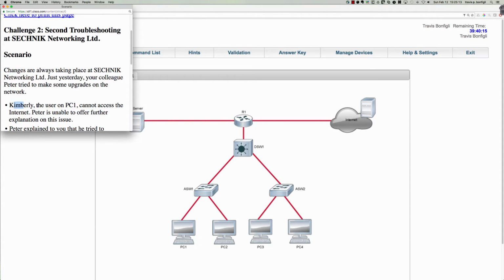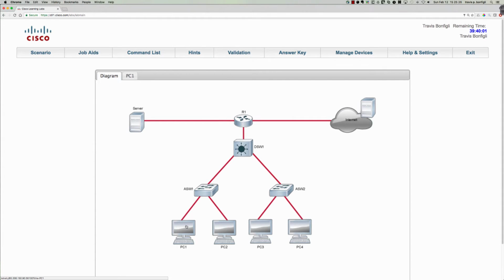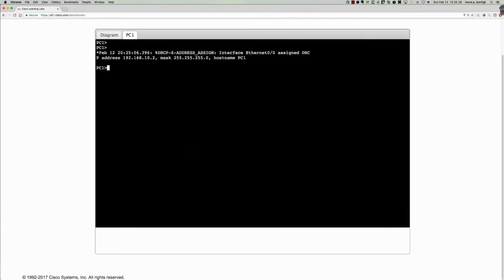So Kimberly, the user on PC1, cannot access the internet. Peter's unable to offer further explanation of this issue. And Peter's a co-worker, network engineer, and so there's some issues here. So again, can't stress this enough, follow the process, right? Follow your process. So here we are on PC1, and I already know the IP address that we need to